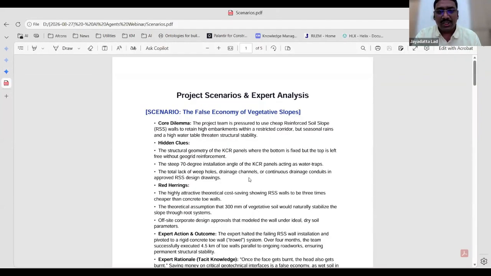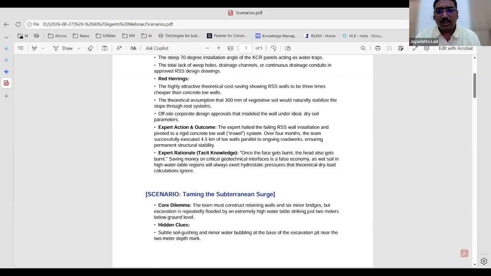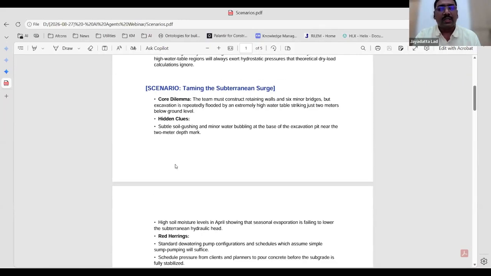As I said, the first agent generates these scenarios. So I won't be demonstrating the first agent because basically I just have to put the content and this file comes out. So there's nothing for me to show per se. But if you see, the scenario is basically identifying a dilemma, certain clues, certain biases, and what expert action, etc. has been taken.